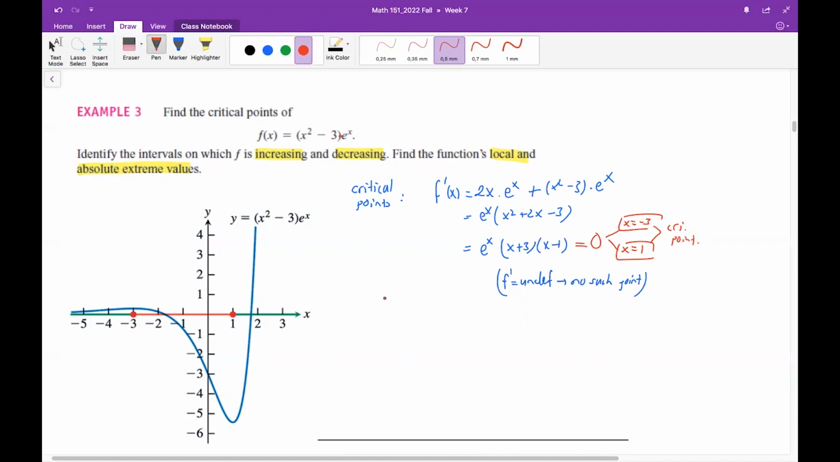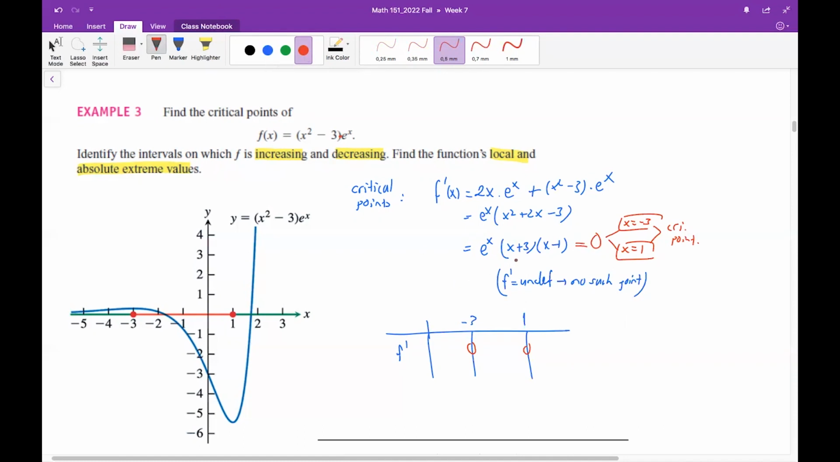Okay, now by using these critical points, I will create a sign table. Why am I doing that? To detect where f is increasing and where f is decreasing. So put these points in your diagram, minus 3 and plus 1. First derivative function is 0 at minus 3 and plus 1. Before minus 3,